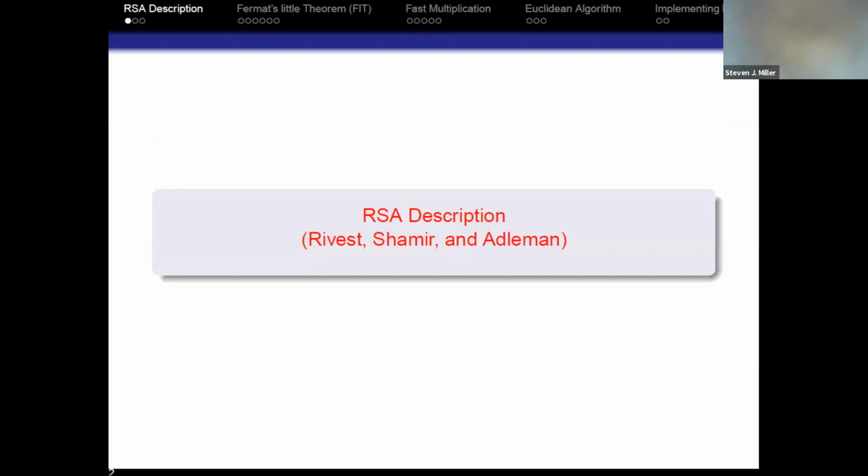RSA is named after three mathematicians who were involved, at least in the US, with the development of this idea. One of the things you have to be careful about when you talk about the history of cryptography is that there is a lot of history that we do not know, or that we do not know until many years after the fact, because certain agencies have been using things for a while. In Britain, a lot of stuff related to this was known earlier, and it's an interesting history as to who knew what when, and what order things were discovered in one country versus another. We're going to concentrate on sending messages.